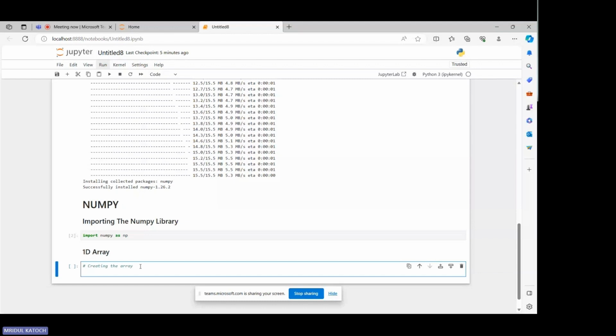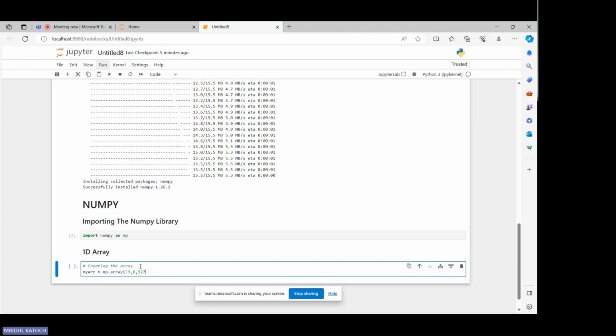It is not a list. What is the difference between a list and an array? A list can contain multiple data types. Arrays can't. So that's the difference. And Python does not support arrays, only NumPy does. So that's why we are utilizing the help of NumPy. So my array is equal to np dot array, bracket, write your data